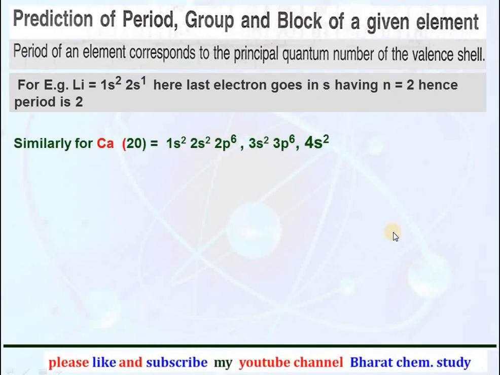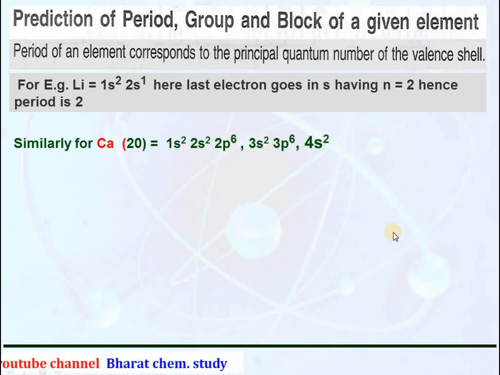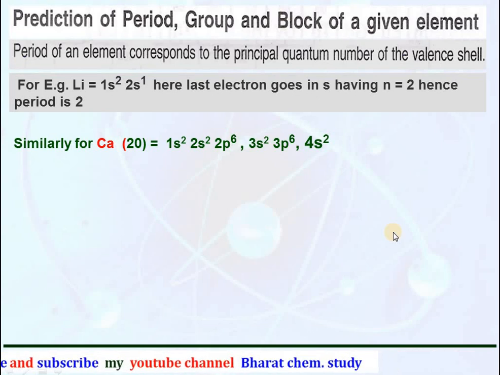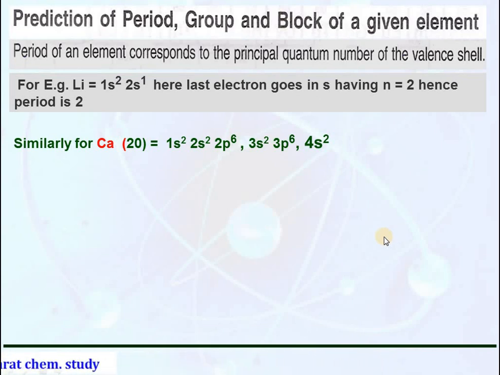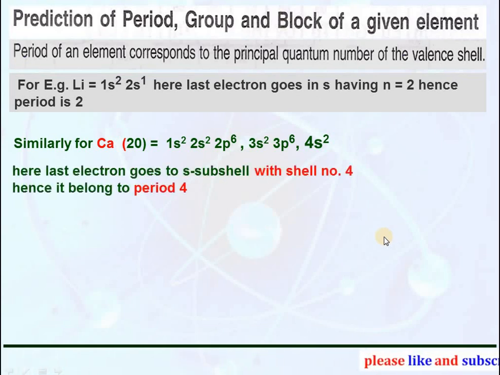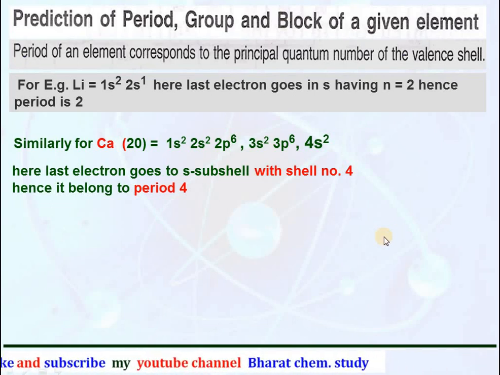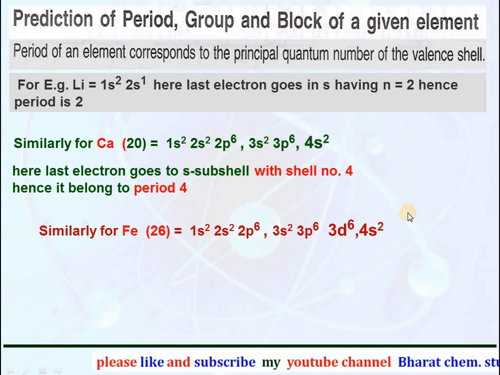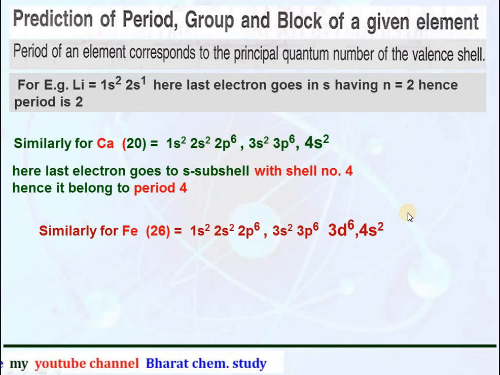Similarly, in the case of calcium, atomic number 20, the electronic configuration is written as 1s2, 2s2, 2p6, 3s2, 3p6 and 4s2. Here the last electron goes to the s subshell having the value 4 for the shell, therefore it belongs to period 4. In the case of iron, having atomic number 26, the electronic configuration is 1s2, 2s2, 2p6, 3s2, 3p6,